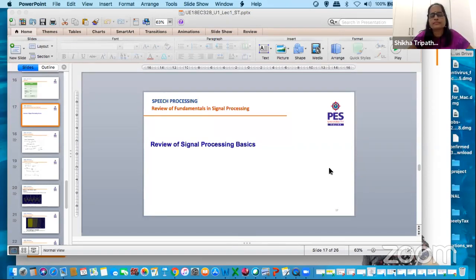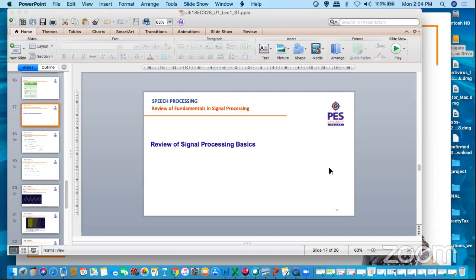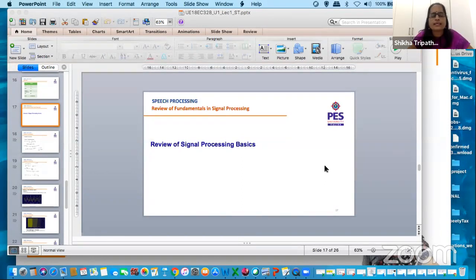Any other question? Ma'am, would we be using any coding language such as Python or MATLAB? Yeah, you're open to it. I don't specify which platform you're going to use. You can use MATLAB. You can use Python. You can use any of the additional resources that are generally used in speech processing. There's no limitation as to the platform. That's open to you. You can choose any when I give an assignment. It doesn't matter.